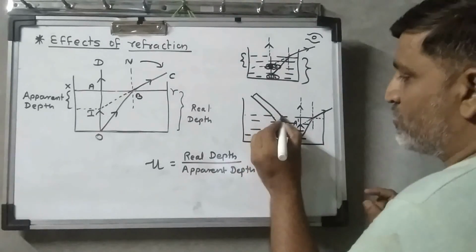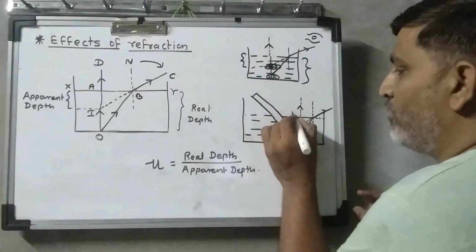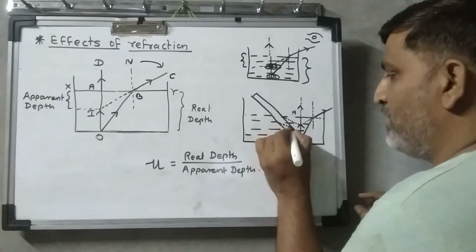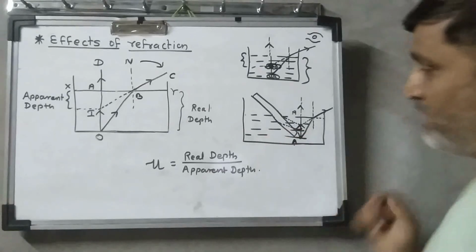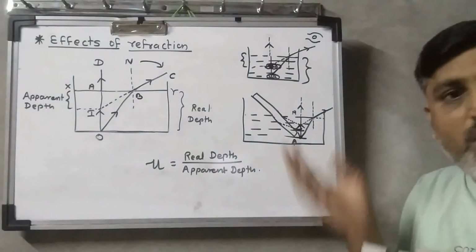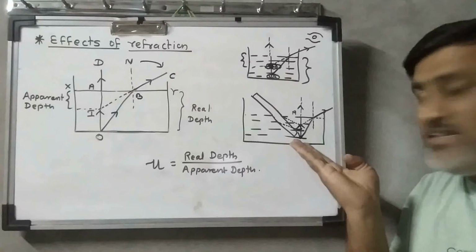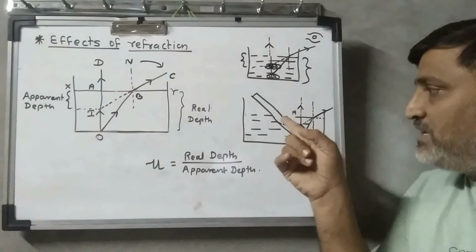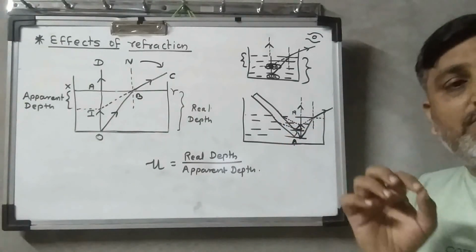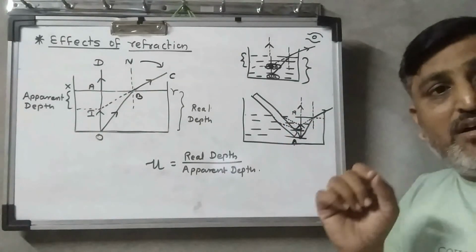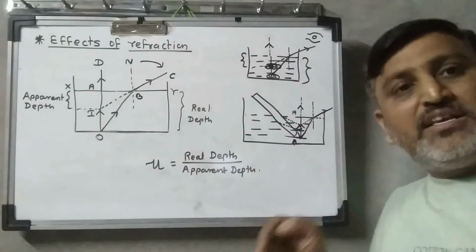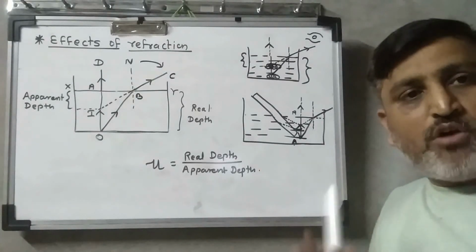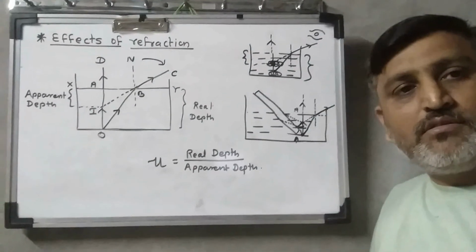Now I can draw the diagram of this pencil from the water surface. I get the image like this over here. Here I can see that the point of the pencil which was initially here now gets lifted up, and we can see a bend also. This suggests that when the pencil or the stick is dipped into the water, it looks bent as well as shortened than its actual length.